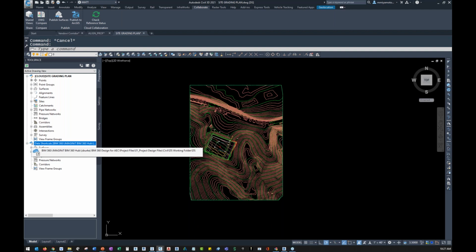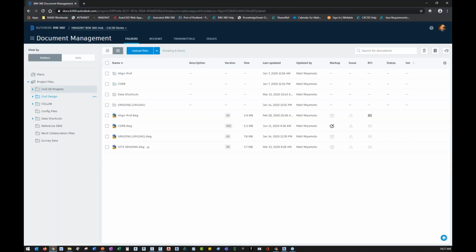And then if you hover over that, you'll see that it starts out with a BIM 360 path and then giving you the hub and the project information all the way down to your data shortcuts folder. One additional sort of background advantage to this is if you are in the early stages of project setup and you're trying to work within the BIM 360 online portal to get all of your folders and subfolders created, typically